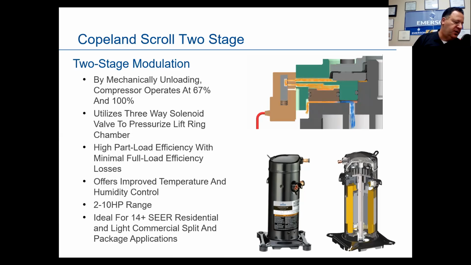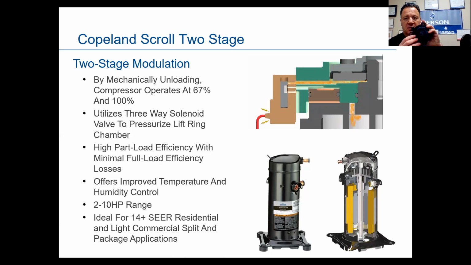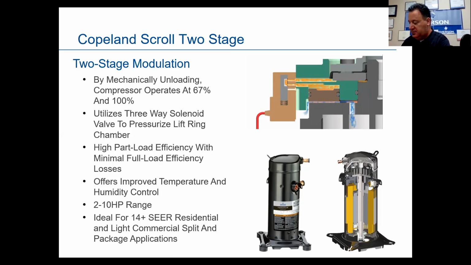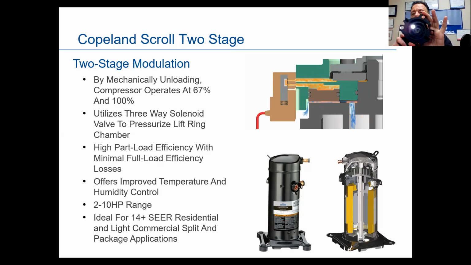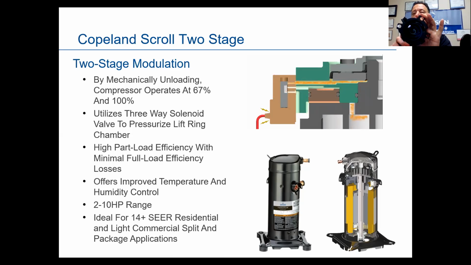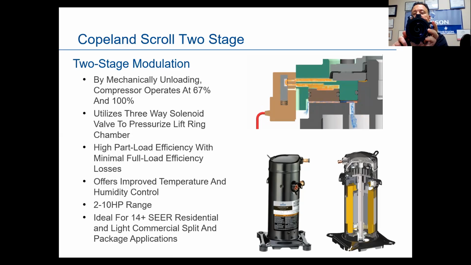I happen to have one here. I don't know if you'll be able to see this or not, but I might get my light on that. See if I can get my light on this and see if you can see the holes in there. There they are. See my flashlight through the scroll? Those little holes on both sides of the scroll set are what bleeds the gas through there when that shifts. I think of it as like a clutch. It shifts off there. This is actually the top